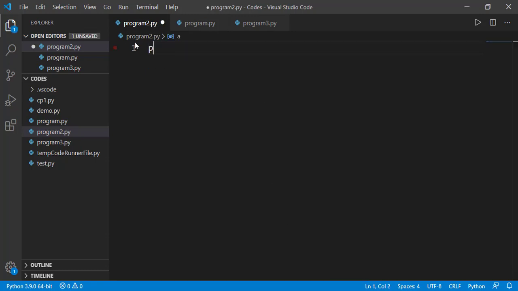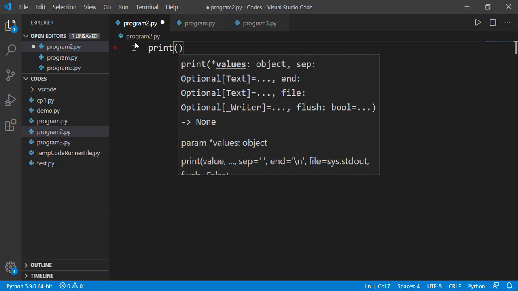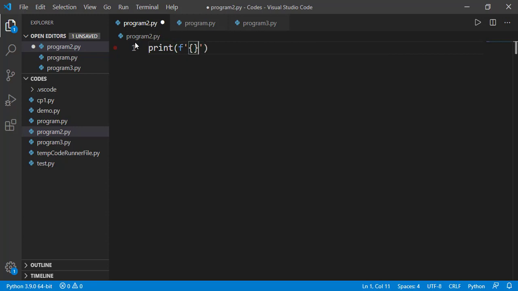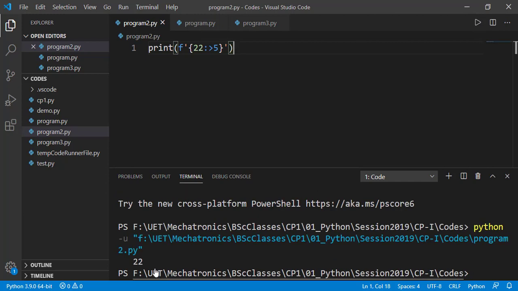Now we will see some alignment formatters. We can align the numbers to right or left or center while displaying those. For example, for number 22, if I want to align it to right, the formatter is greater than symbol. And after the symbol, we specify the length of the digits, for example 5. So this 22 will be displayed as 5 digits length aligned to right. You can see there is a space of 3 digits before 22, so the total length taken by 22 is